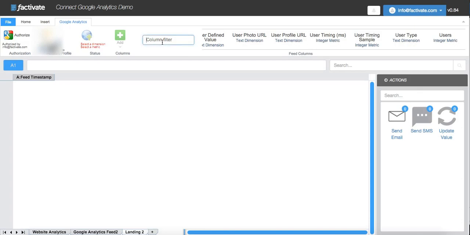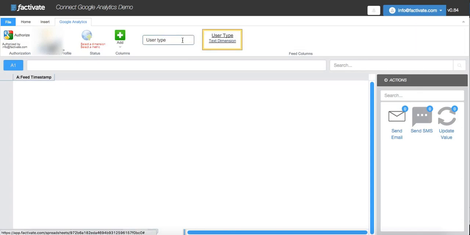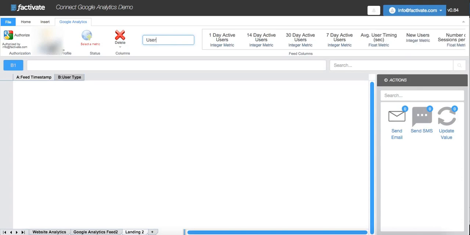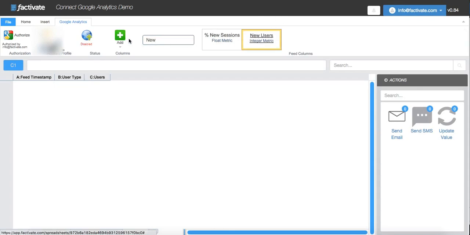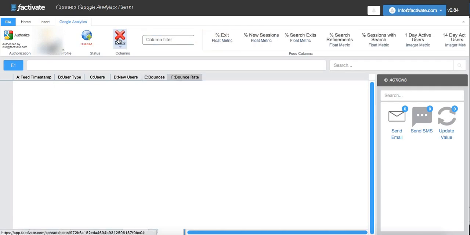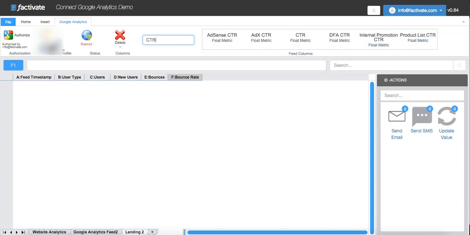It asks me for my Google information, and all I have to do is start thinking of the KPIs I want to track. So I know I want information on users. Maybe I want information on new users, right? What about bounces or my bounce rate? All I'm doing, as you're seeing, is typing and then adding the column. If I want ad related information, I do the same. If I want click-through rate related information, it's so simple. You search, you click, you add, the column is added,